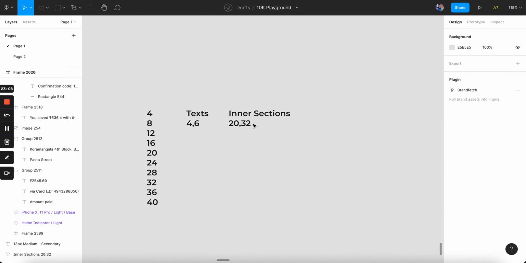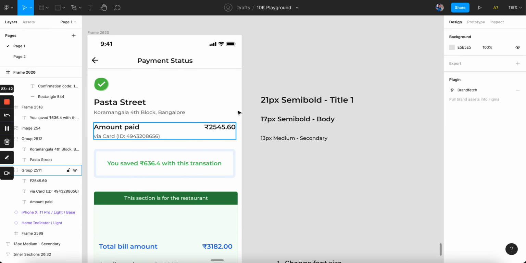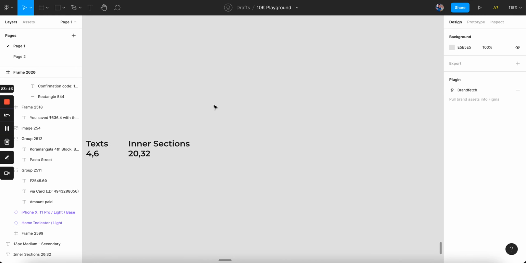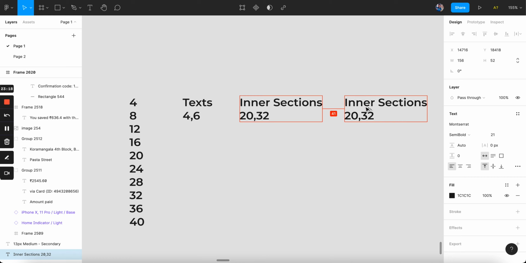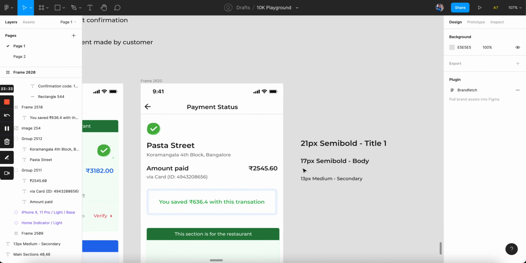Now the next is the distance between the sections itself. Let's say, for example, we're taking this as one section and this section for the restaurant as another section itself. I might choose a number that is bigger than 32. So if I type in main section, I might choose something like 40 or 48, right? So if you define this right in the beginning, when you're designing the interface,